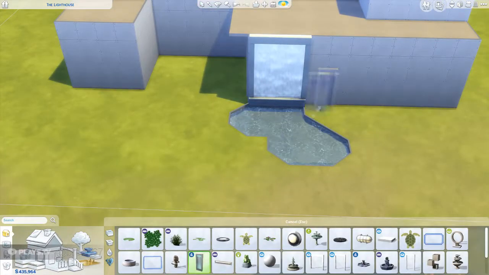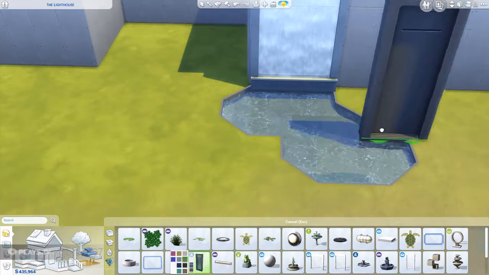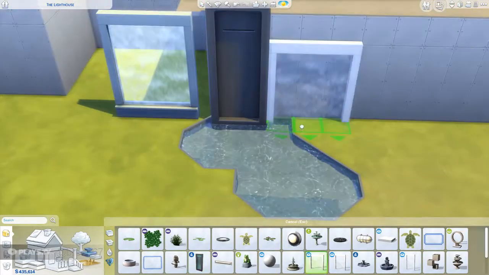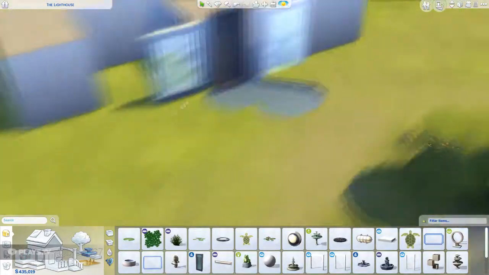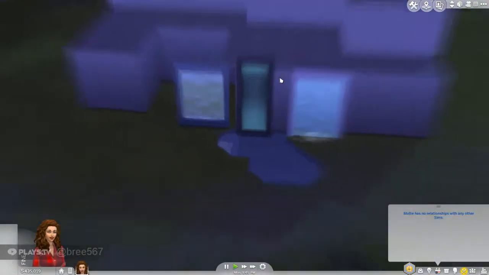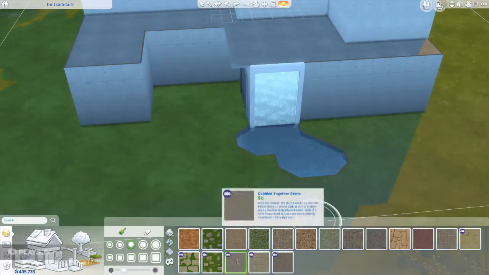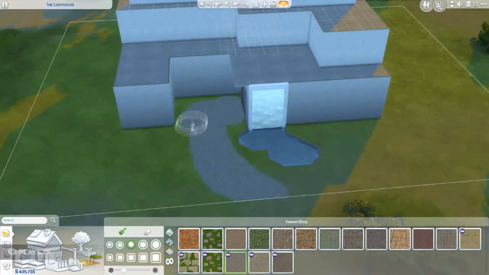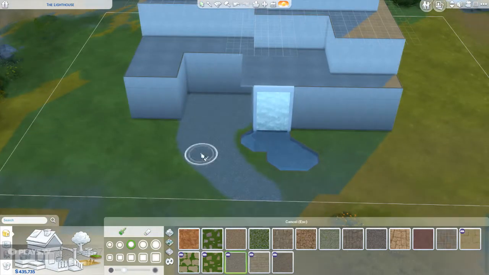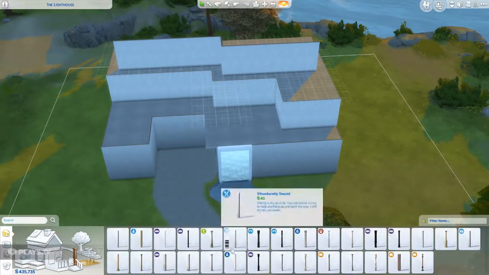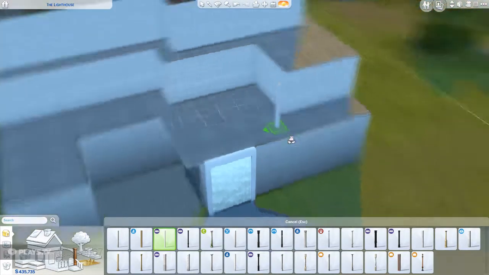I'm starting off looking for some kind of water feature. I wanted to make it look like an infinity pool, kind of like a pool flowing off into a river, so I'm trying to see which one looks the best, and then I choose the one where it doesn't have a bottom, so it looks like it's actually flowing into a river and it's not on a frame. I got this idea from a picture I saw on Pinterest,